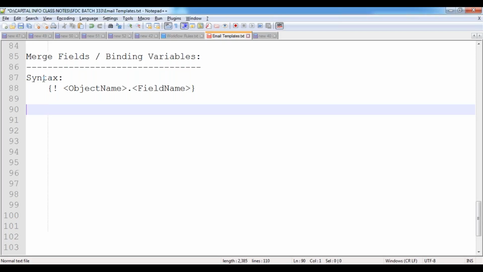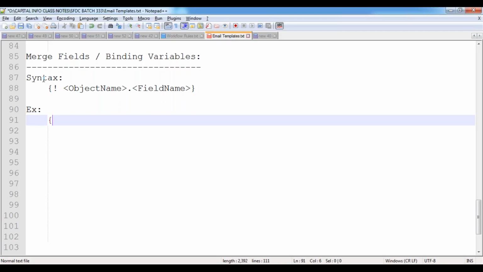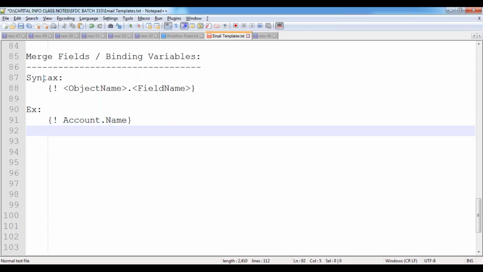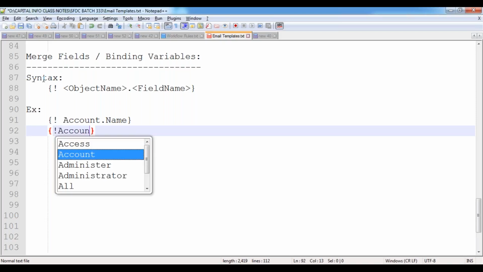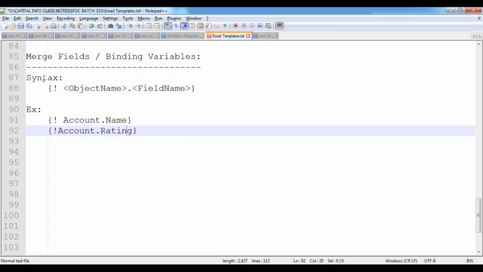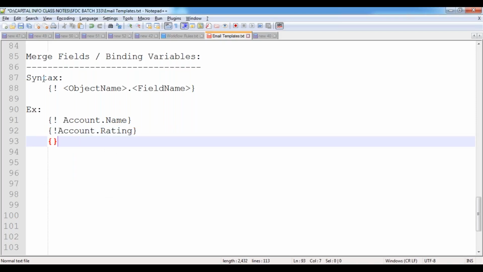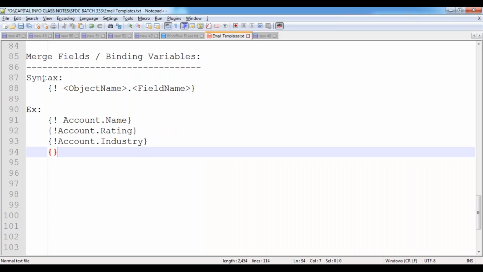Then how can we prepare these merge fields? Now let's see. Suppose you want to embed the account record's information, you can specify exclamation, give that object name, account dot, and which field you want to embed, so you specify the field name. And then I want to embed the account record's rating field. We can specify. I want to embed the account record's industry field value, so you specify the object name and that field. If you want to embed the account record's active status, which is a custom field, you can specify __